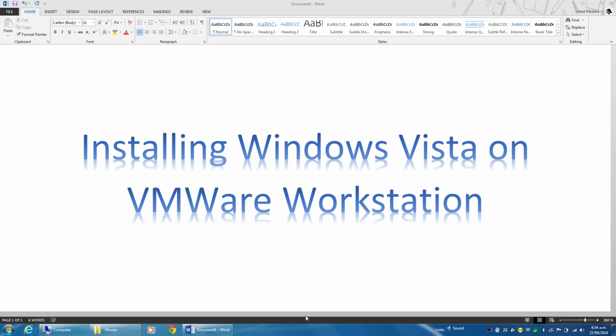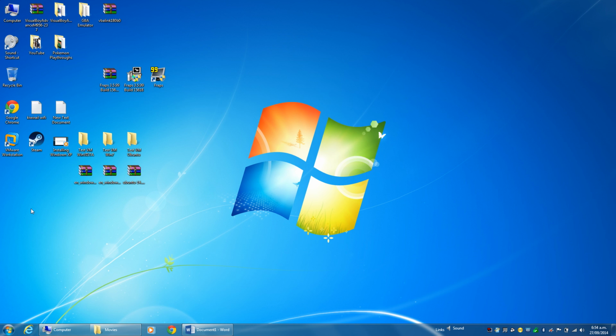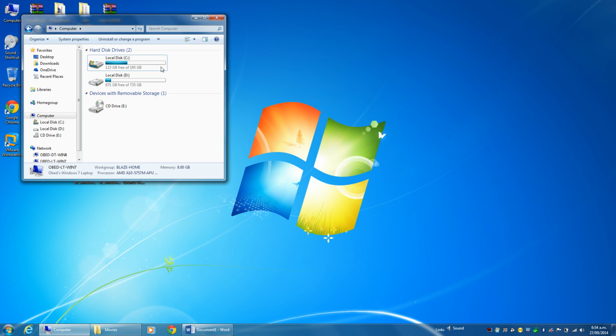Hey, we're here now doing exactly this, installing Windows Vista on VMware Workstation. Let's go about and do that. First of all, you need to check if you have enough space. I'm going to give Windows Vista 20 gigs to work with, and I have plenty of that on that drive